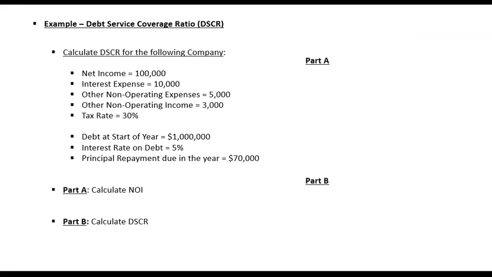And here is an example. Let's do this. So part A is calculate net operating income. So can anyone calculate net operating income, please? From this data, you have to calculate net operating income. Do it. So you are given net income. We are starting with net income, that is 100,000. नेट इनकम से पहले क्या होता है? नेट इनकम से पहले टैक्स होता है, और टैक्स से पहले होता है प्रॉफिट बिफोर टैक्स.